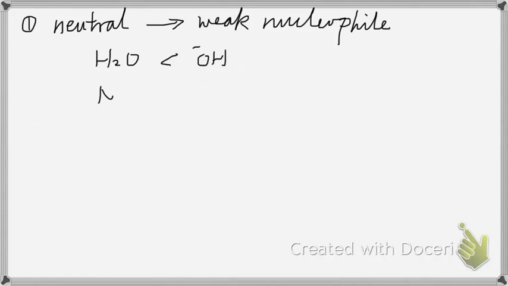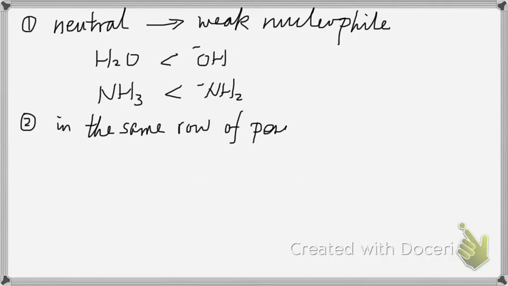Generally speaking, if we have a neutral molecule that serves as a nucleophile, it will be relatively weak compared to its anion. For example, water will be a weaker nucleophile than hydroxide, and ammonia will be a weaker nucleophile than amide ion, NH2-. The second rule,